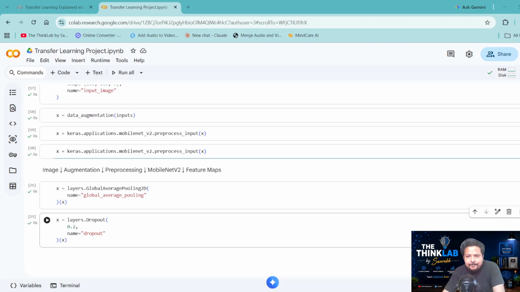Now we are going to compile the model, right? For the compilation we have to use the optimizer, so we are going to use the optimizer as Adam. After that we also have to use the cross entropy, because this is a binary classification. So let me write those things. So we are going to compile the model here, right? So after this compilation